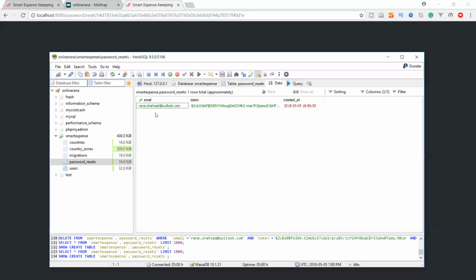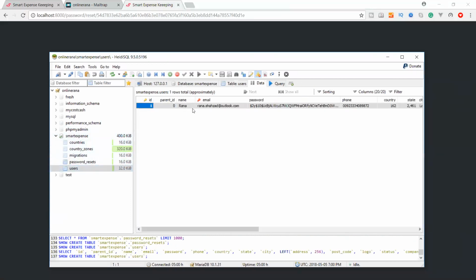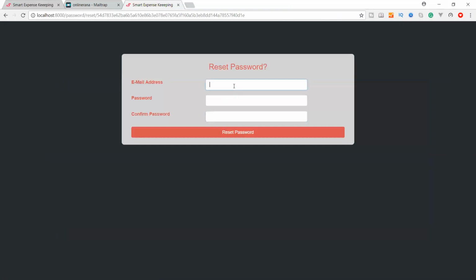And if we go to our database and users, this is the password hash. Now we will change that password. So Rana, and give the new password.